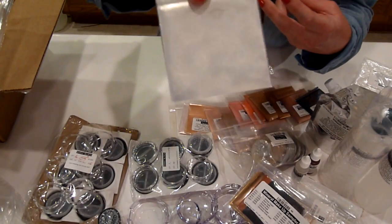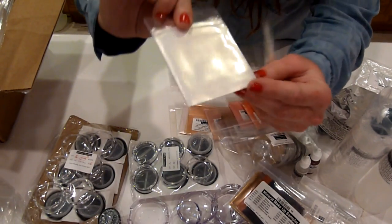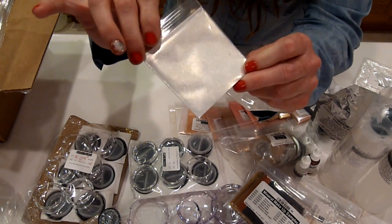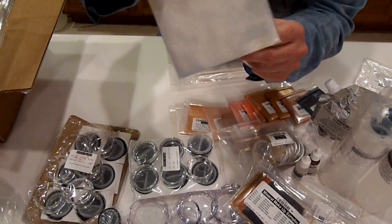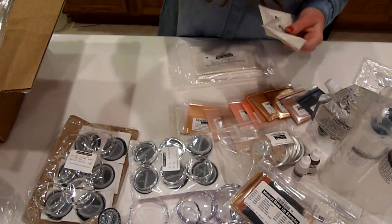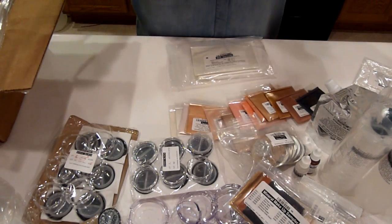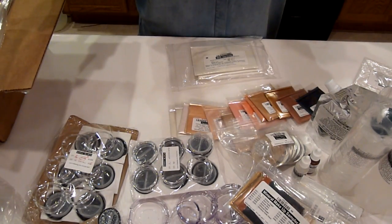I'm going to make this into an eyeshadow for her. Isn't it beautiful? It is a white shimmer, but it sparkles gold. It's so pretty. And we've been looking, this is another incident of Bare Minerals making something, and it's, you know,